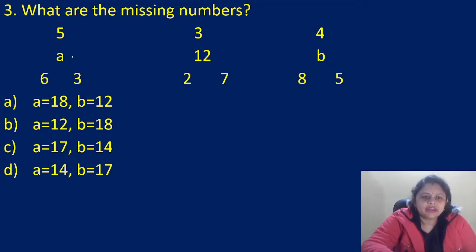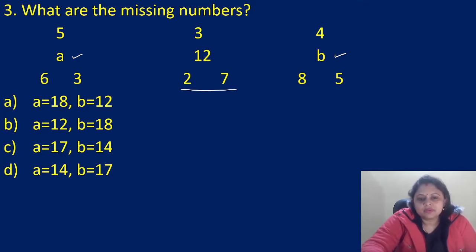Okay. Here A is present, here B is present. So we don't know the values of A and B. Okay. But we know all the values present here. So what are the values? 3127. So can you establish any relationship between these numbers? Okay. You think for a certain time. Okay.